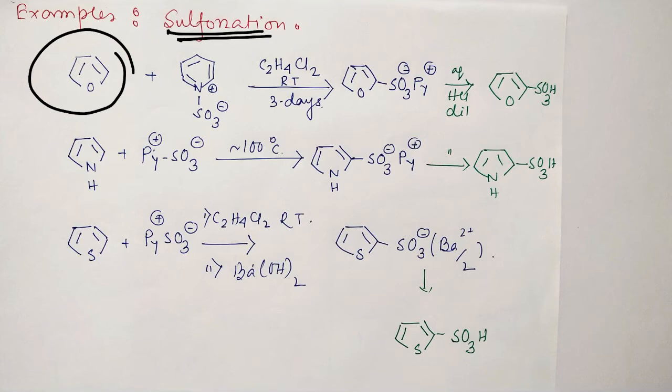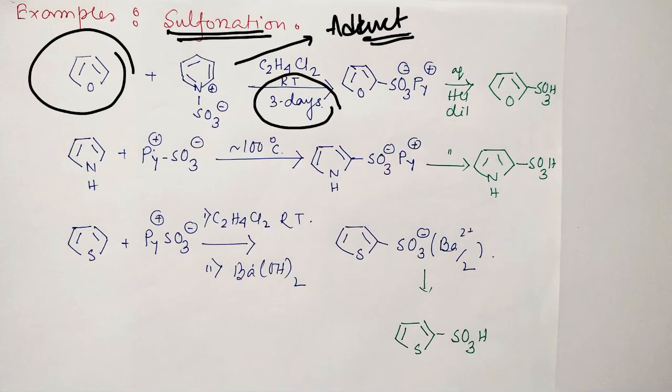For that purpose, pyridine sulfur trioxide adduct. So this is actually an adduct between pyridine and sulfur trioxide. Pyridine is acting as a base and sulfur trioxide as a Lewis acid, so it's a Lewis acid-base adduct. Fine. So in presence of DCE, dichloroethane, at room temperature, 3 degrees in 3 days, it results in this pyridinium sulfonate